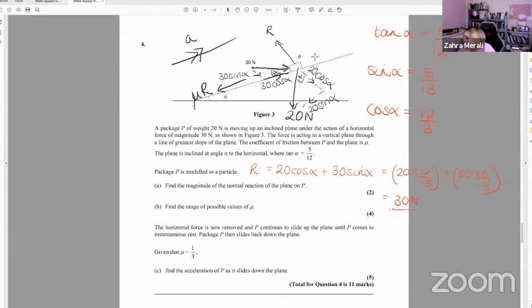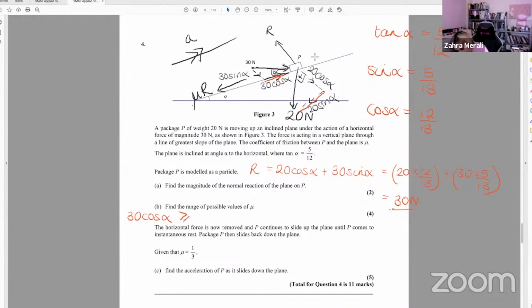And then it says, find the range of possible values of mu. The reason it's saying possible values is because we don't know what the acceleration is, but we know that there is an acceleration, which means the forces going up the plane have to be bigger than the forces going down the plane because it's moving upwards. So we know for a fact that 30 cos alpha, because it's the only thing going up the plane, must be bigger than or equal to